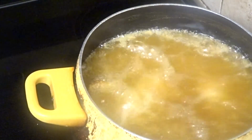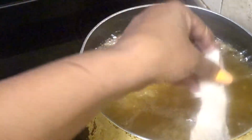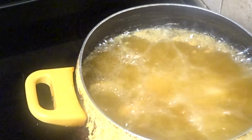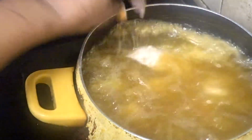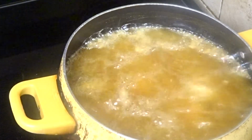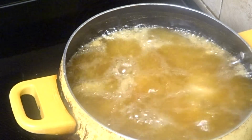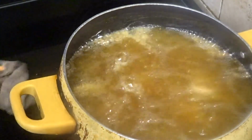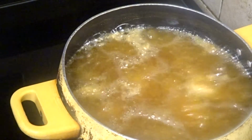So I'm not gonna overcrowd my pot. Okay, I believe I'm gonna put one more in there, and that's gonna be that. Okay, so we're gonna let that get done. So I'm gonna turn my oven on because